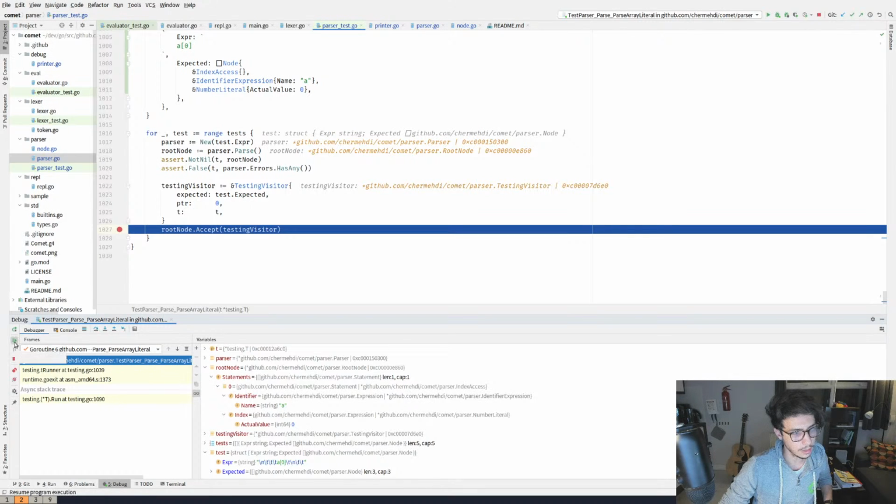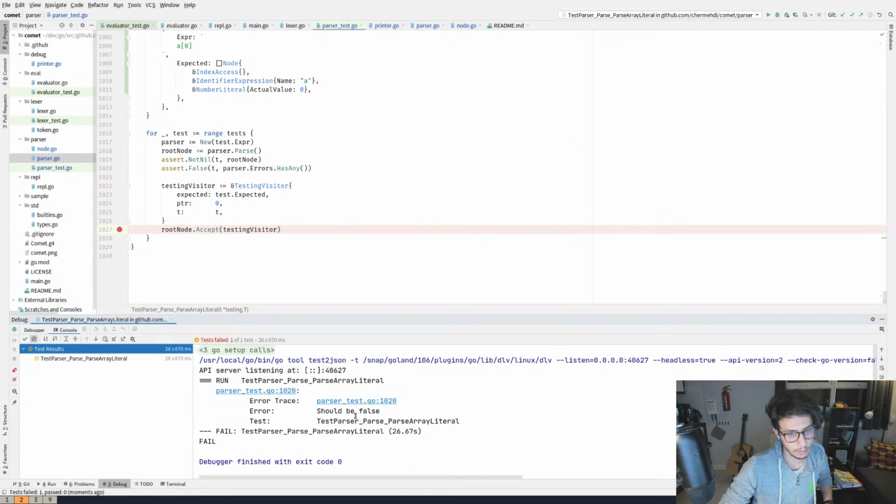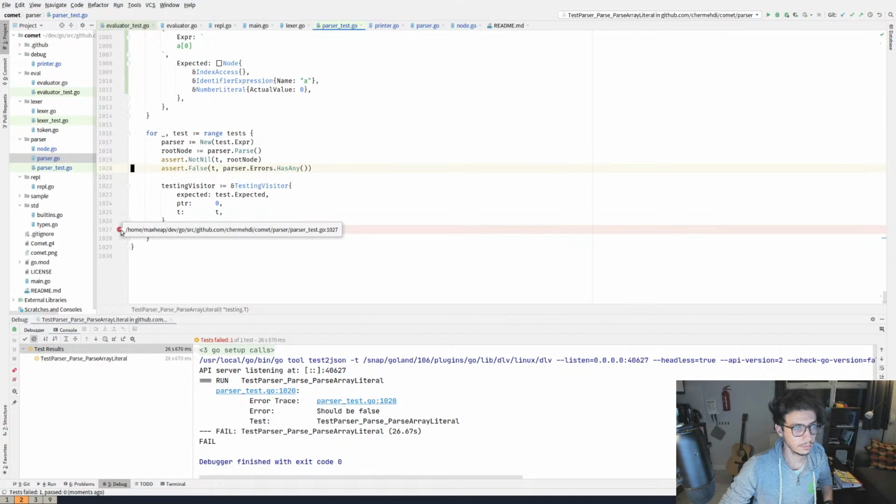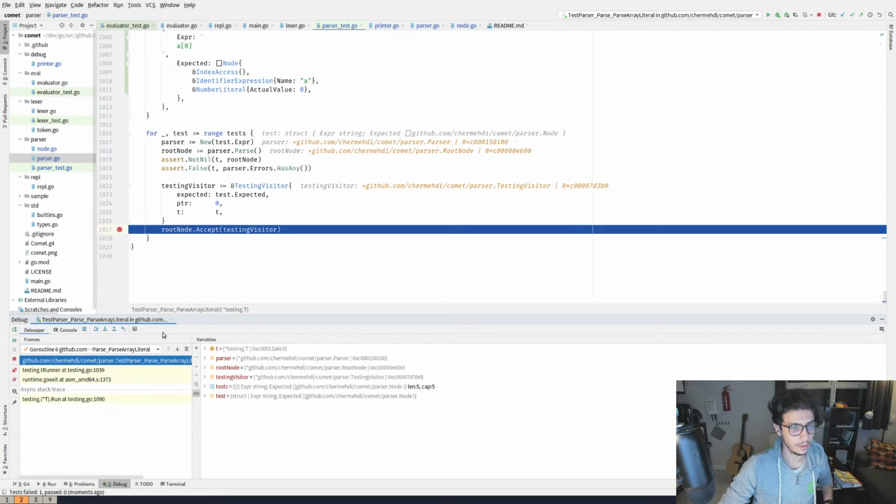Now if we let the test continue, it will probably fail somewhere, because the parser is saying it has errors, right? So maybe this is because we're stopping somewhere that we shouldn't be, or we're not stopping where we should be.